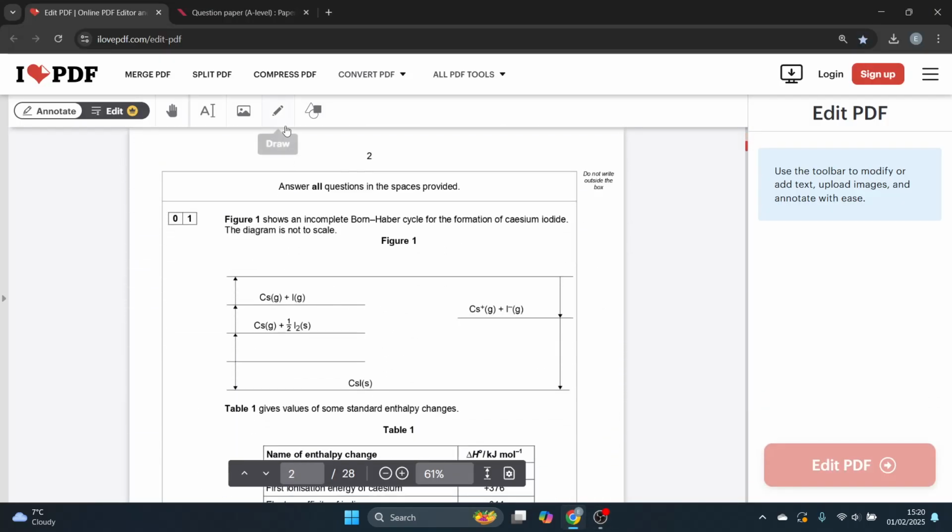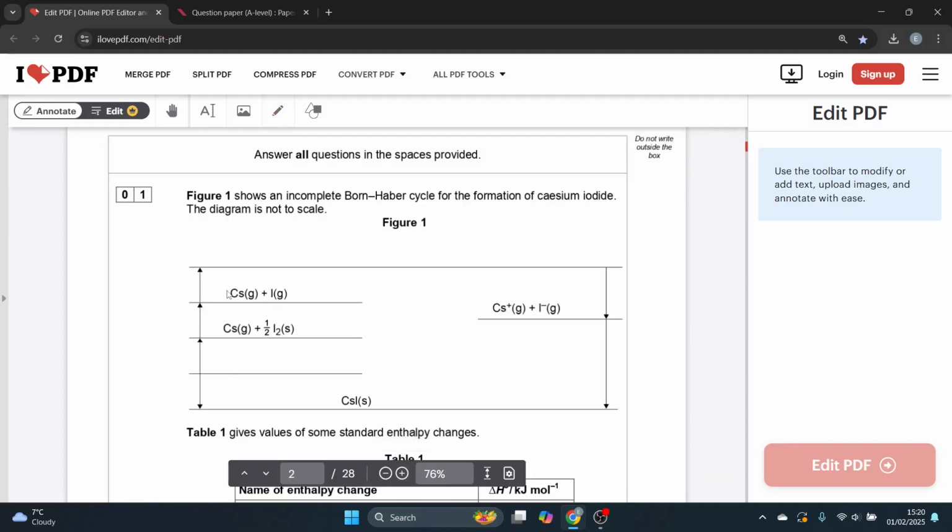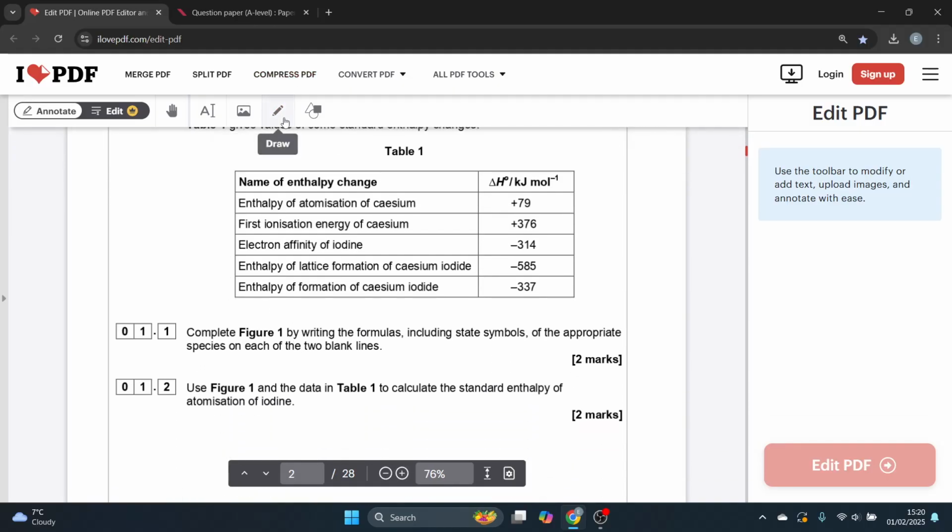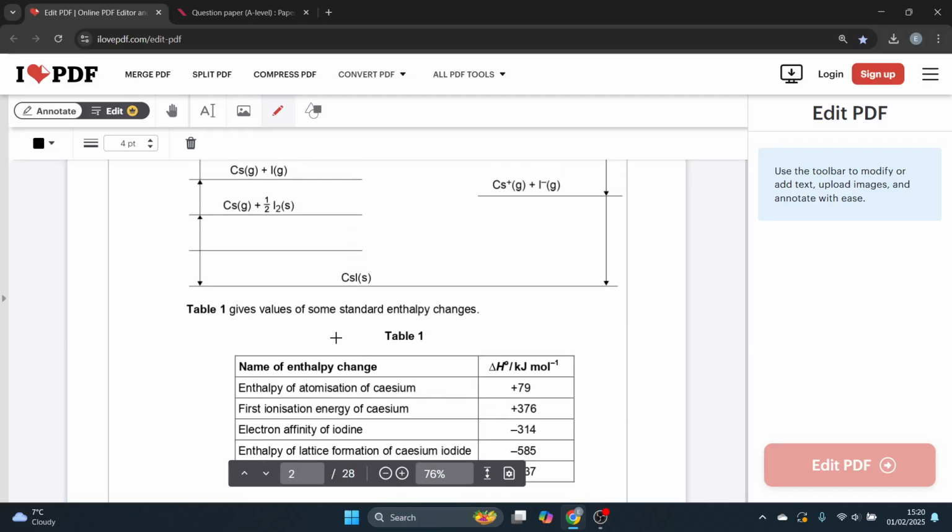2019 Paper 1 A-level Chemistry AQA. Question 1. Complete Figure 1 by writing formulas, including state symbols, of appropriate species on each of the two blank lines. So in this case it's going to be